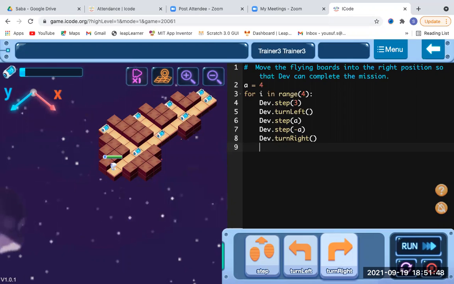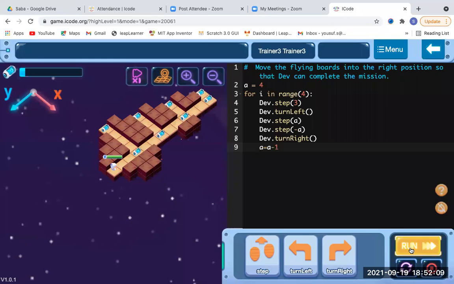Over here we have to decrease, because the number of steps keeps on decreasing. If we had started from here onward, it would increase, but we started from the 4th step, so it comes down to 3, then 2, then the last one is 1. So we put a formula such as A minus, simple.